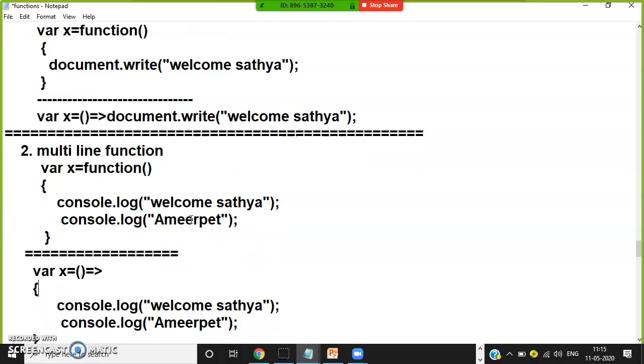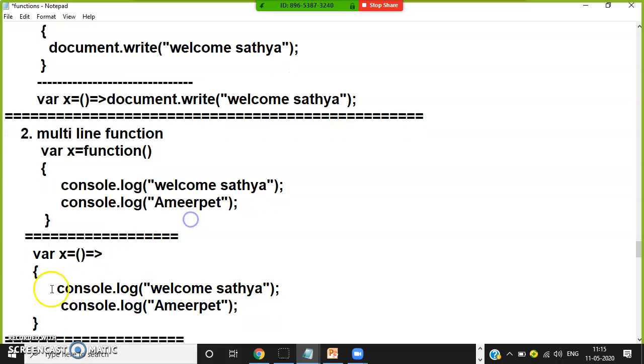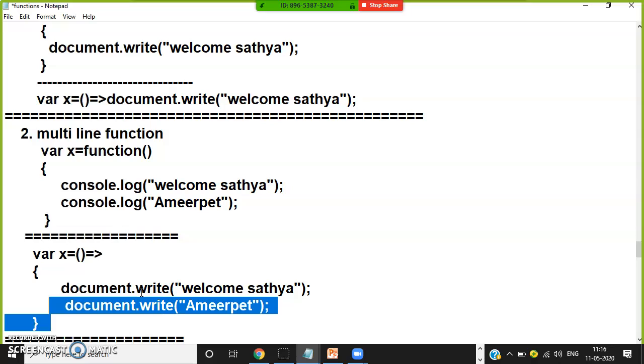Similarly, multi-line function. Whenever you want to write a multi-line function, the bracket block is mandatory, because more than one statement is there, so a block is required. Here I declared an anonymous function, where x is equal to input parameters, arrow, and here you can print the output. Console.log we generally use in Angular, but this is a JavaScript class, so I will write document.write, because a JavaScript program cannot run on console. A TypeScript program can run on console. So this is a multi-line function.